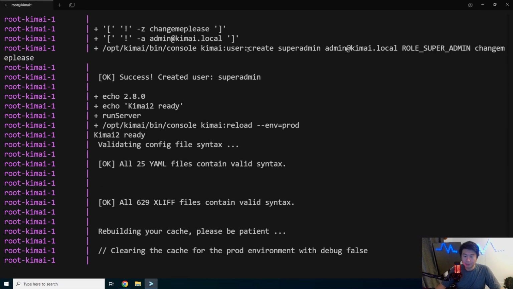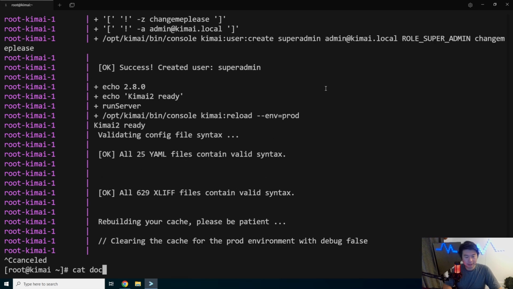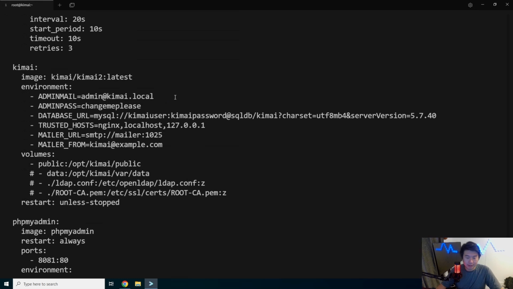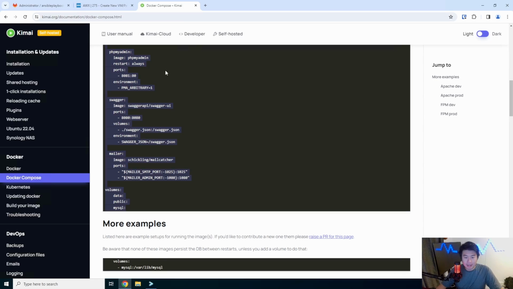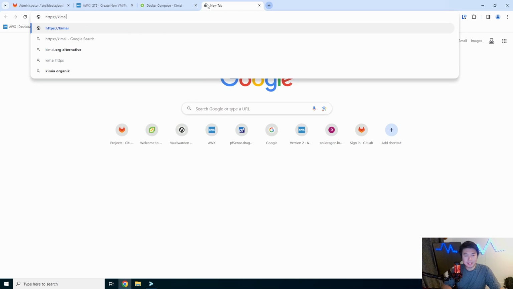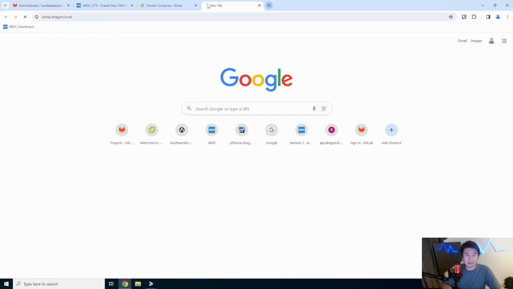We should be able to log in over here with our role and everything. So let's cat out the Docker Compose here real quick because the login was actually in here. So: admin@kimai.local, changeme please. And we can go now to a browser and type in kimai.dragon.local,